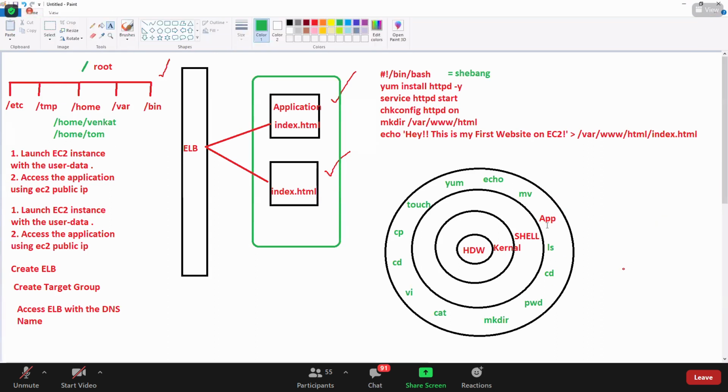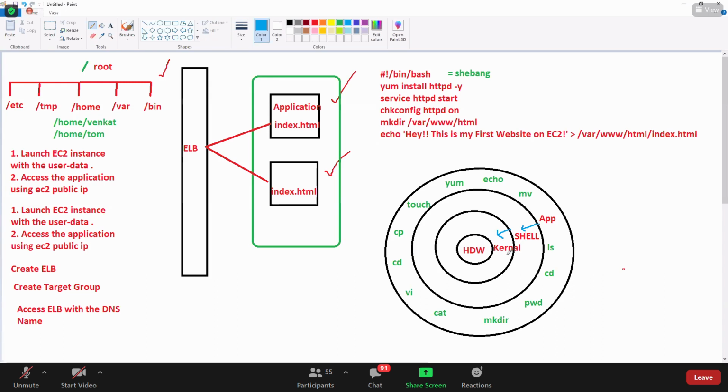Okay, so this is a small intro on Linux from my side. Here we have an application. Whatever commands you execute will first hit the shell. The shell takes the command you have provided and gives it to the kernel. The kernel is nothing but your operating system.